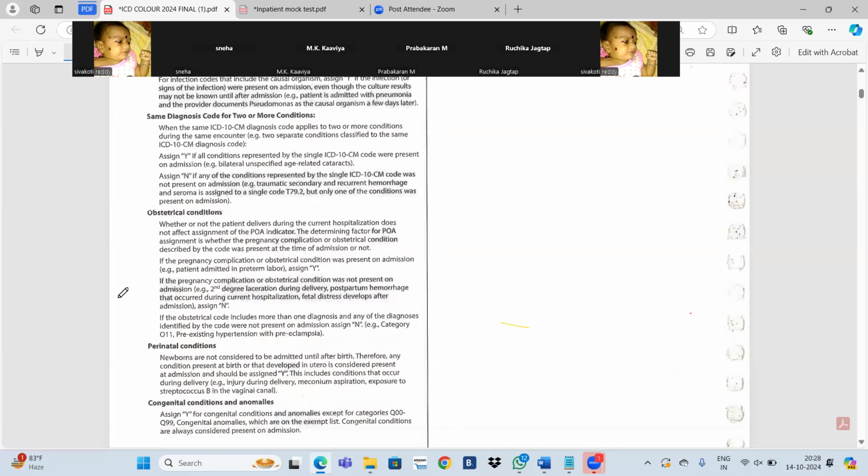Next, obstetrical conditions like pregnancy. Simple. If the condition is present at the time of admission, Y. If it develops in the hospital, N. Then perinatal, here remember, perinatal means